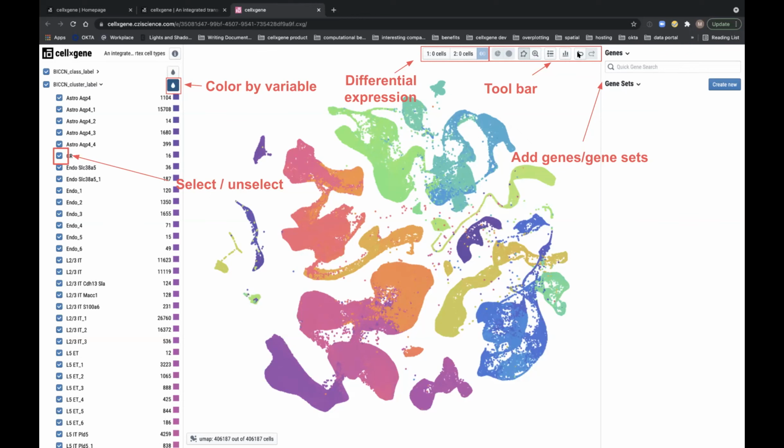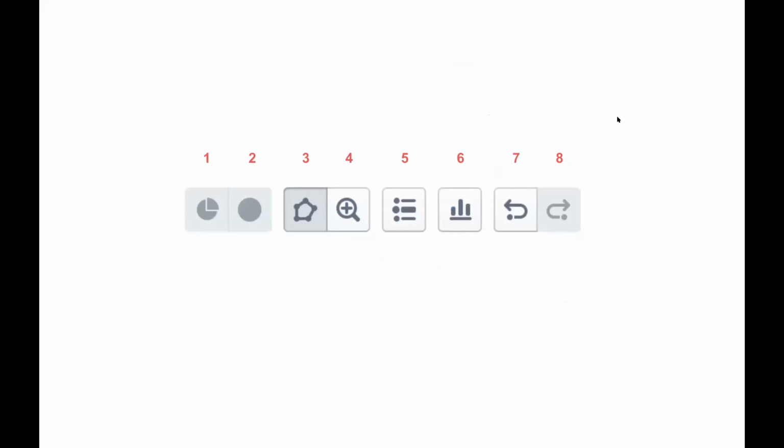And then here, just forward and backward buttons, in case you want to undo or redo actions that you've taken. And finally here on the right side, as I've already mentioned, is where we look at different genes and gene sets. I inadvertently explained this already, so I think we can get on to the next slide.